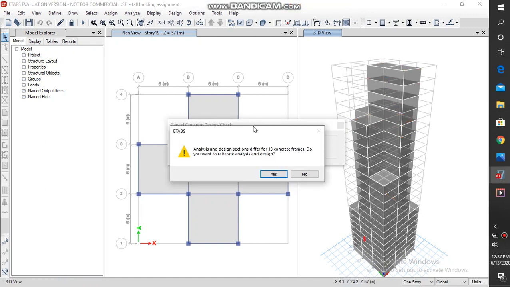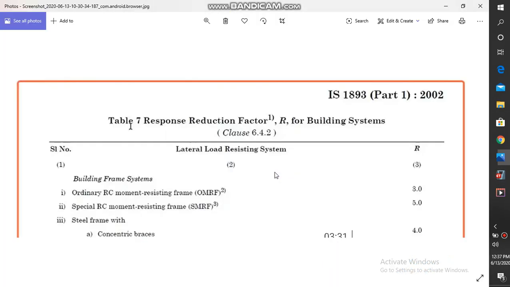Now we can see that the software is telling us that 13 concrete frames have failed. It is asking whether to reiterate analysis and design or not. We'll click on yes, and it will give different dimensions from those considered in the auto select option, and by that method it will check that all the frames are in a safe condition.